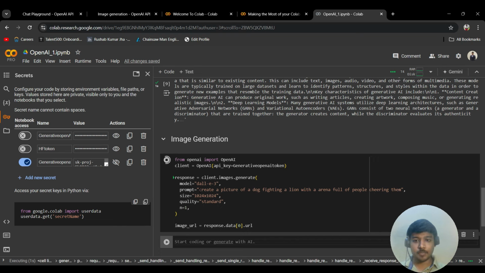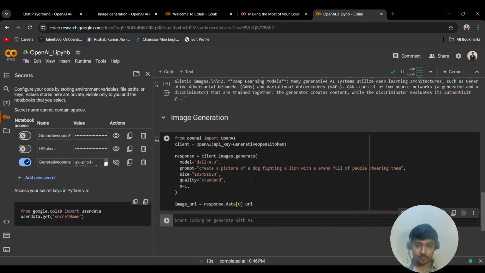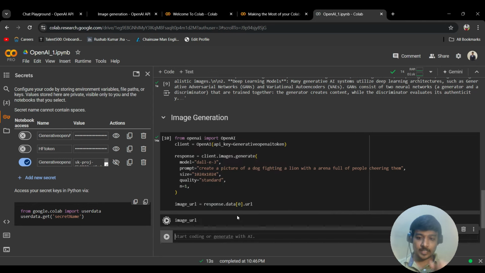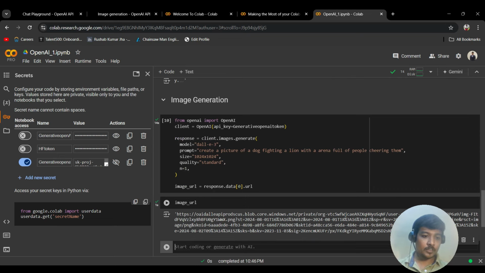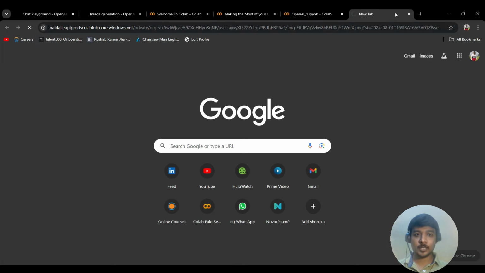But for all this, make sure that you are increasing your limit, because obviously this will charge more. So post your utilization, you can check what sort of charges they are pushing onto you. Over here the model uses DALL-E 3. Let's see the response now, with the URL that it's able to generate. Just copy the URL and you will be able to see what sort of image it generated. Control V, enter.